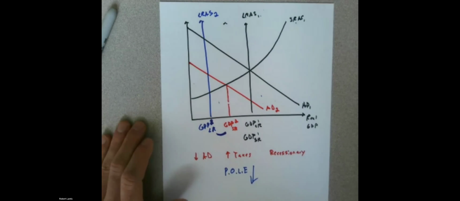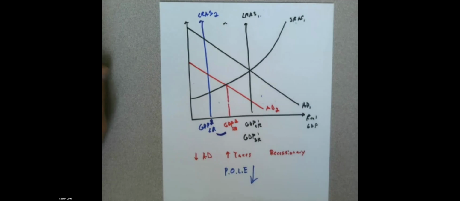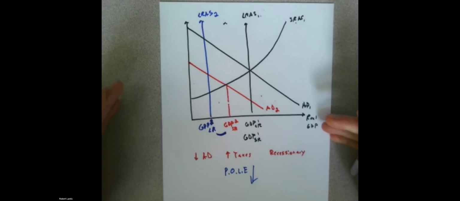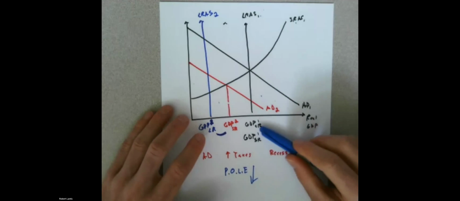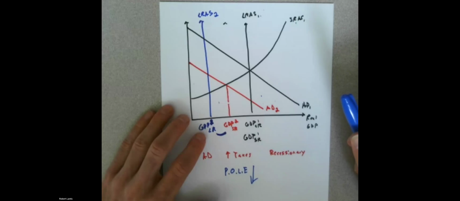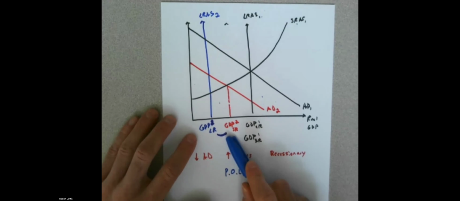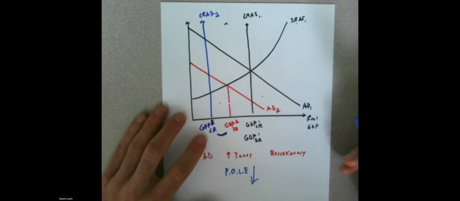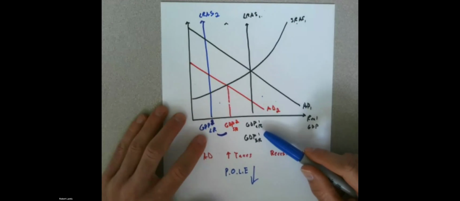Well, when we were talking about a fixed long-run aggregate supply curve, it was probably easy to think about it like we want to close these gaps in the short run. Now, are they good or bad? Here we've gone from a recession to an inflationary gap, but is that a good thing? Because we've forced GDP levels to be lower. All right, so we've caused an inflationary gap, but inflationary gaps are relative to what the long run level is. If we've decreased long run GDP, that's a bad thing, right?